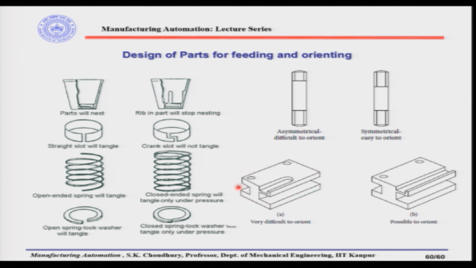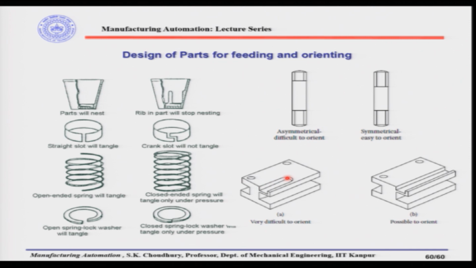Here there is a part shown which is very difficult to orient because of this groove here. Since this groove is made not completely, let us say halfway, this is the design. This feature makes it very difficult to orient the parts. Suppose we make it like this; in this case the functioning should not be affected, that is one thing. So, I repeat once again, any feature that we introduce should be non-functional, in the sense that it should not disturb the functioning of that particular part.